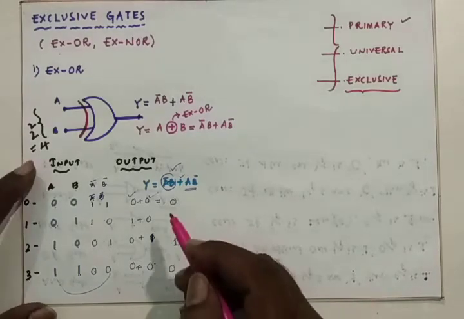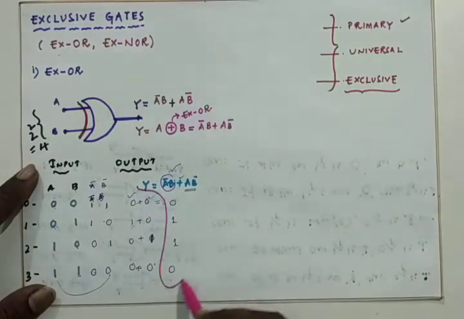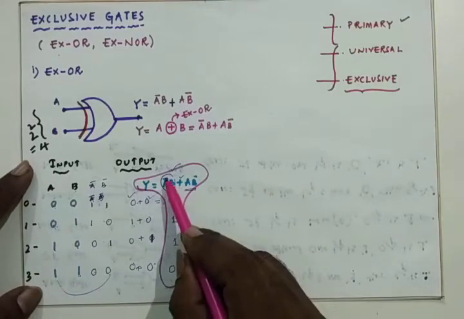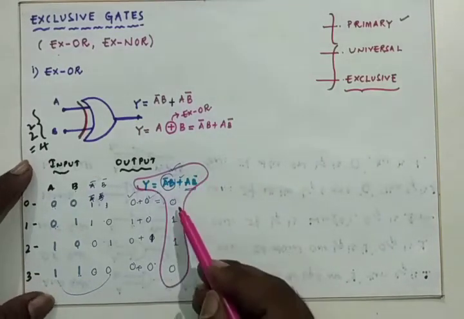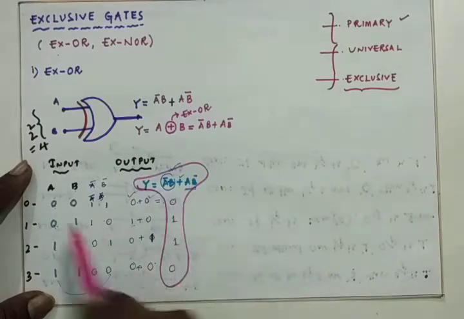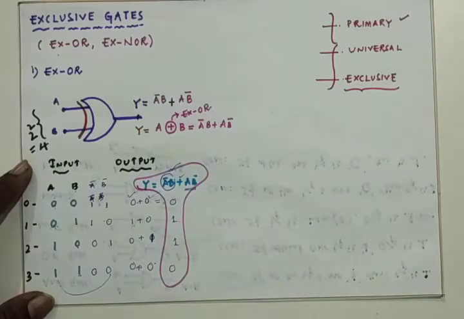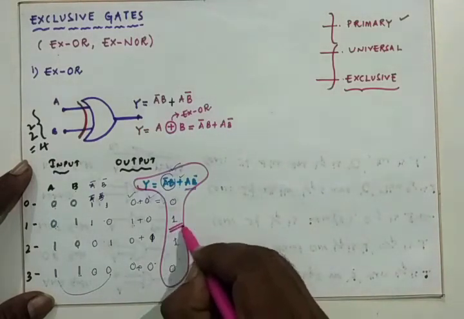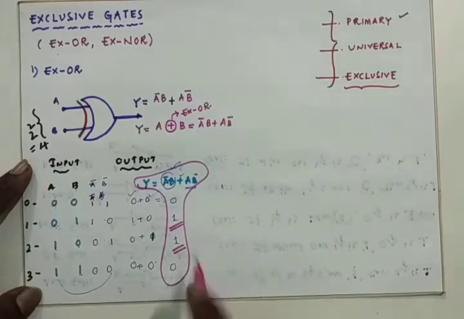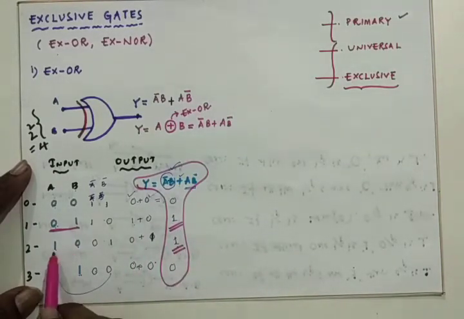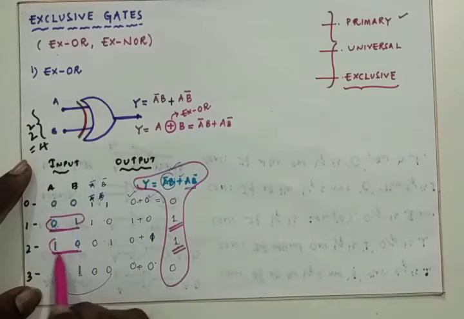This is the truth table, that is whatever the output of the XOR gate, which is y is equals to A bar B plus A B bar, that output, if the two inputs are A and B, then the output will be 0, 1, 1, 0. So that means what? We have to go with the conclusion with respect to the 1 only. This 1 is due to the combination of 0, 1. This 1 is due to the combination of 1, 0 only. And from these two combinations, we can conclude the point.